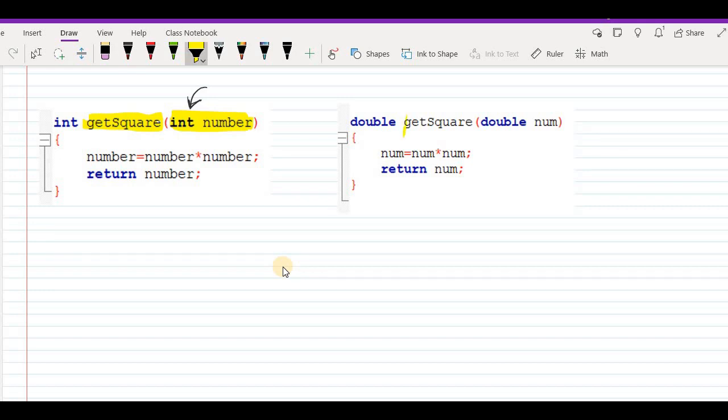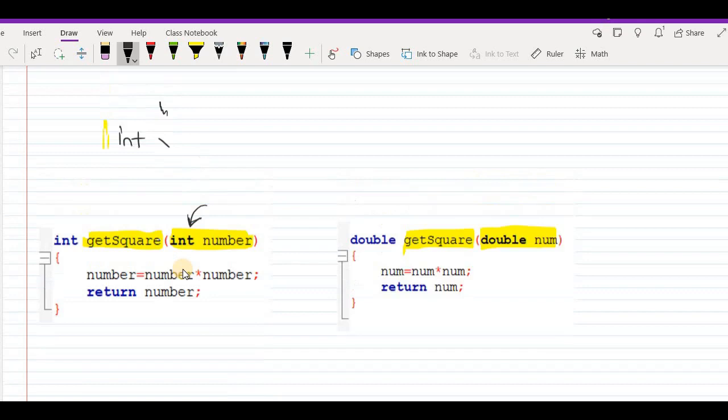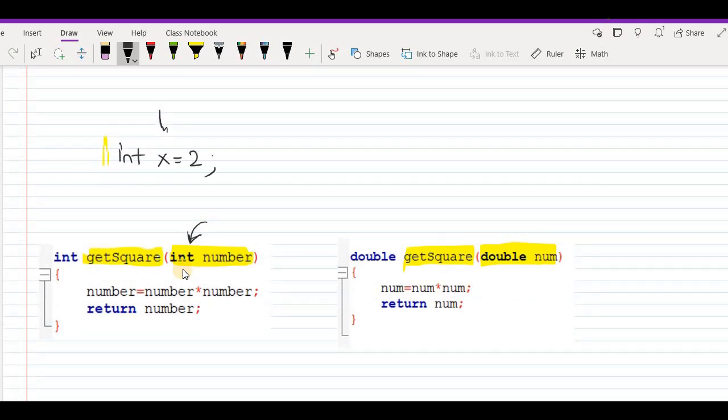When it comes to this function, the function signature is the function name and the parameter list. But in this case, we have a parameter and the data type of this parameter is double. So it means it's going to accept double arguments. So let's say we have something like this, int x is equal to 2, and we are going to call the getSquare function and pass x. And let's say std